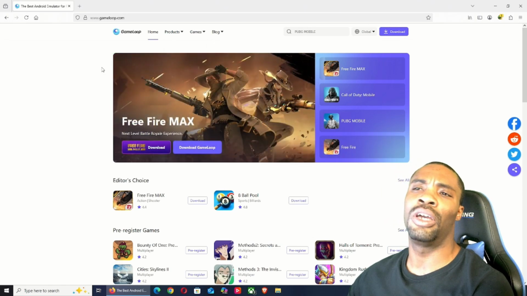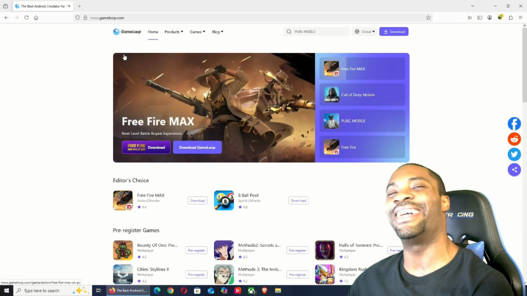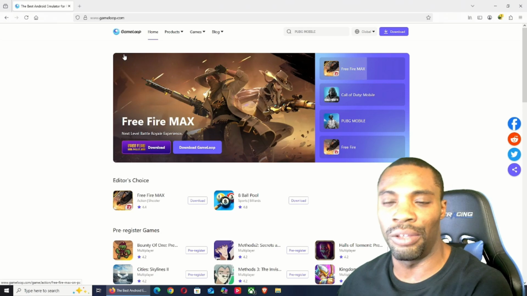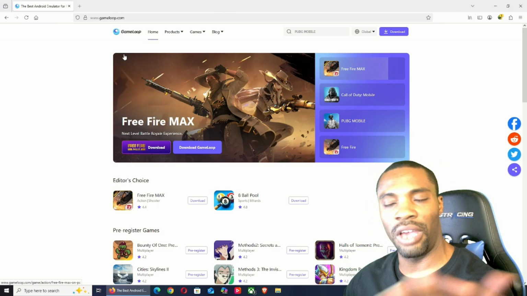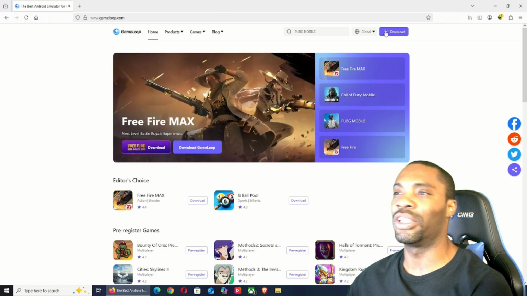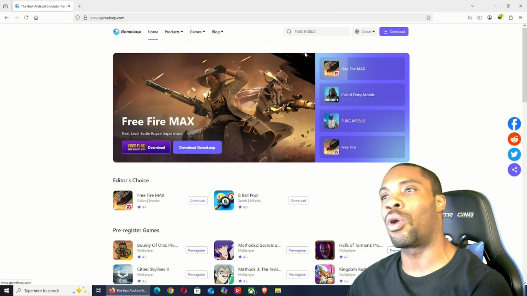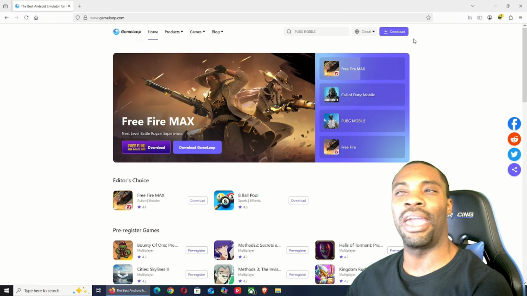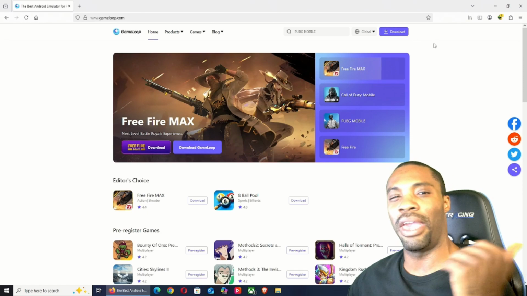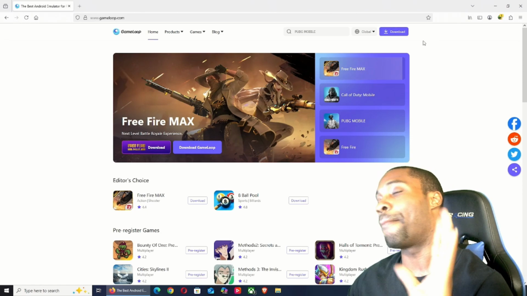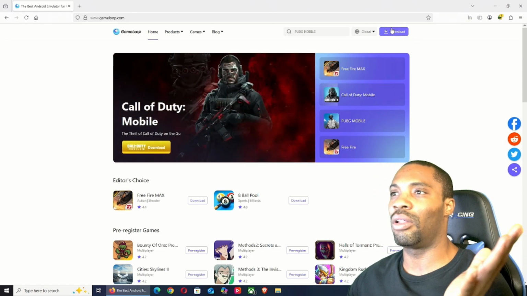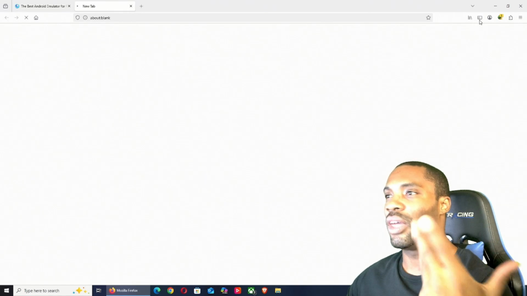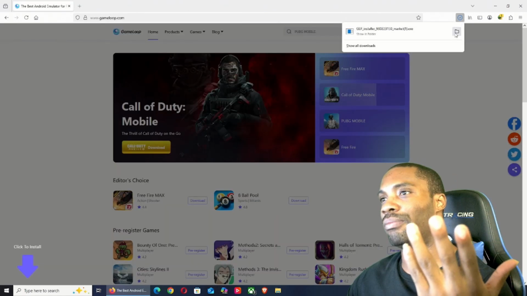So pretty much what Gameloop is, is an Android emulator, similar to BlueStacks if you guys ever heard of that. But this one is a lot better for Call of Duty Mobile. And I believe you don't have to worry about being banned with anti-cheat. I think you could be banned with BlueStacks, but don't quote me on that. But anyway, you want to click on download, of course, and then wherever you download it,